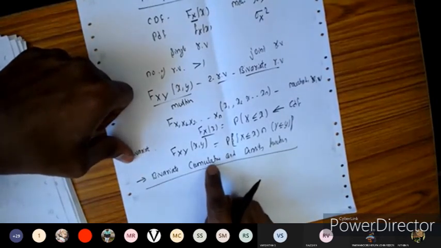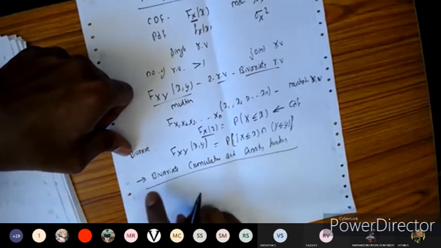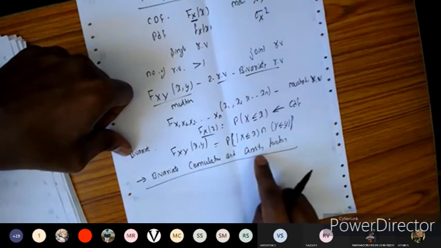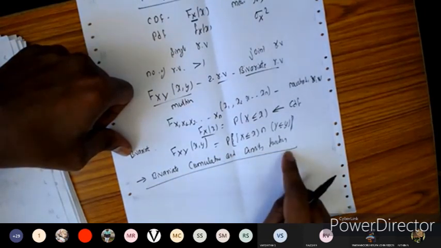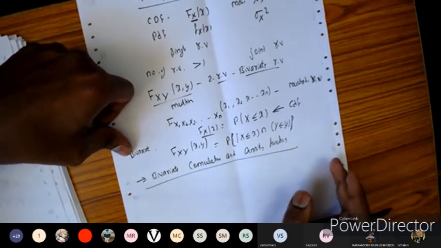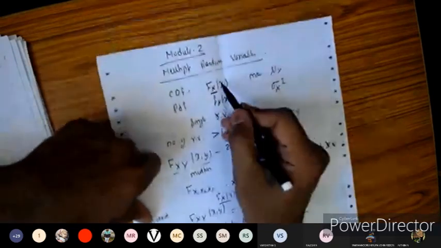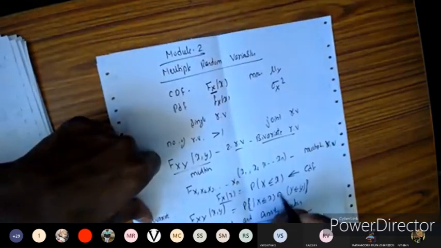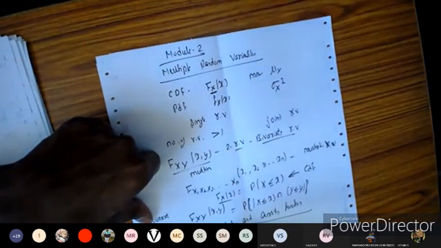We are going to find out the cumulative distribution function, and we are going to find out the bivariate probability density functions, and we are going to see the properties of these two things. What properties are applicable for the CDF and the PDF in the previous model? The same properties we are going to extend for two random variables, called a bivariate random variable.